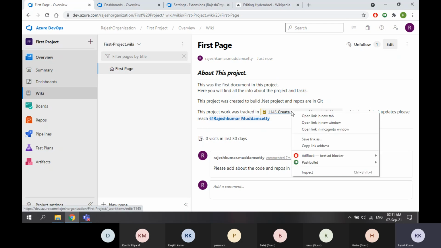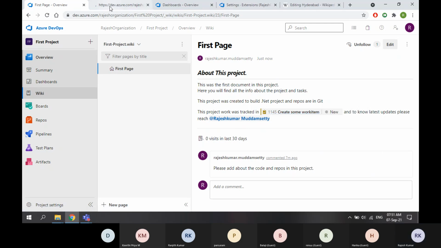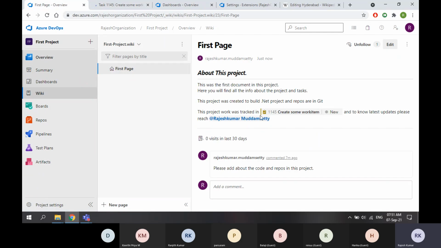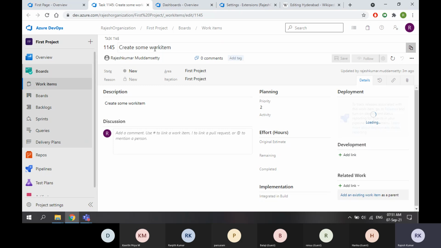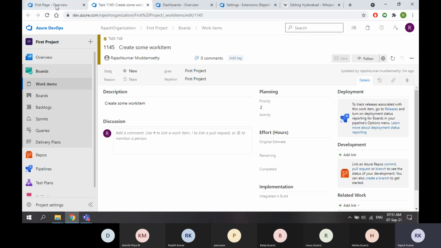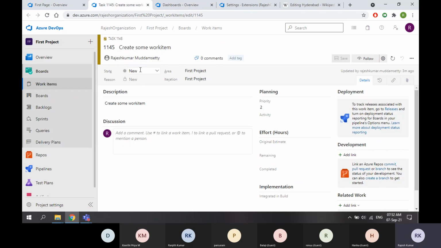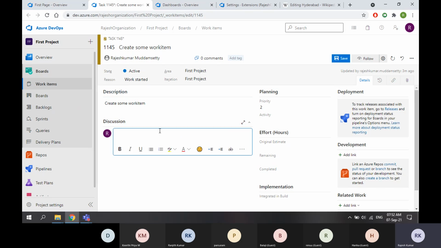And let me show you one thing. The best part with these wiki pages is that wiki pages will be automatically updated with the status of the work items. Here we have added some work item and it shows the status as new. But if someone comes here and changes it to active and gives some comments, working on this task, save.